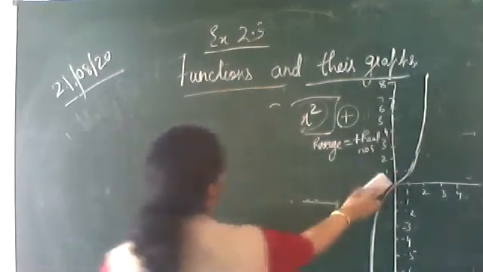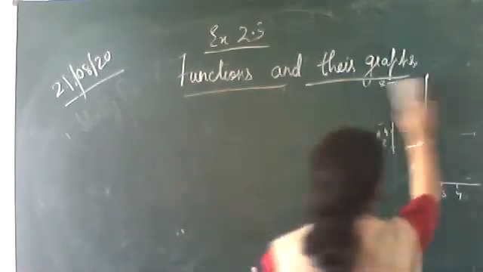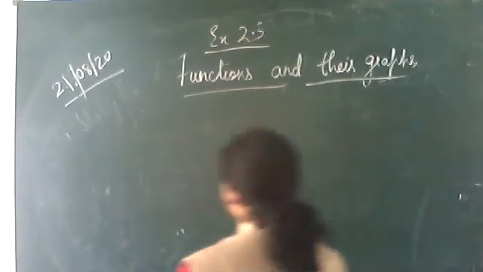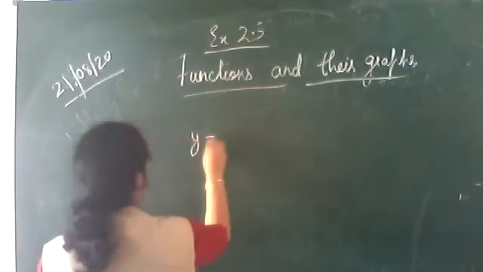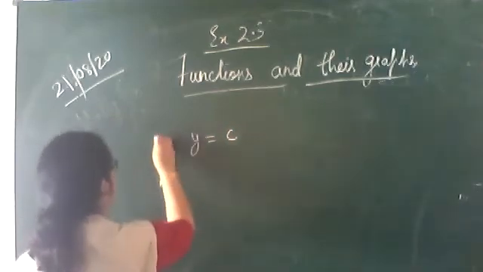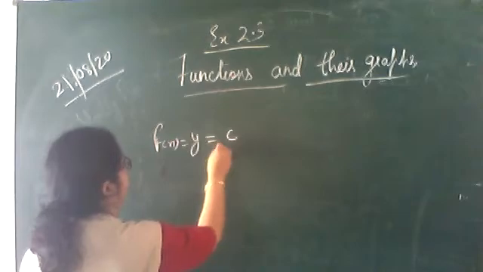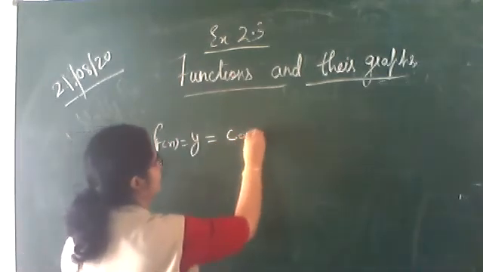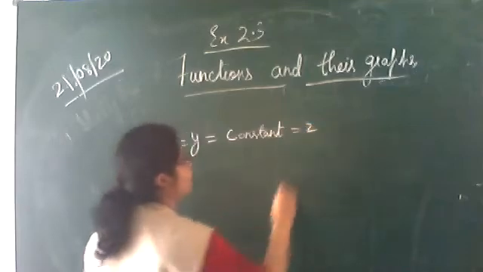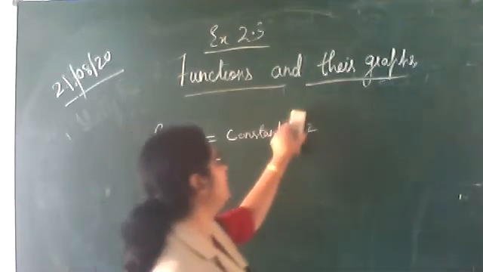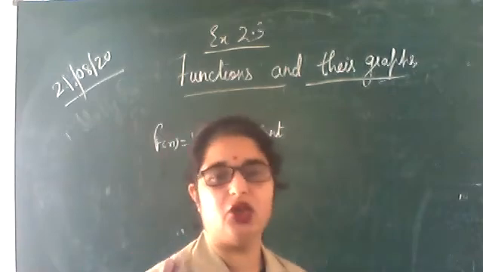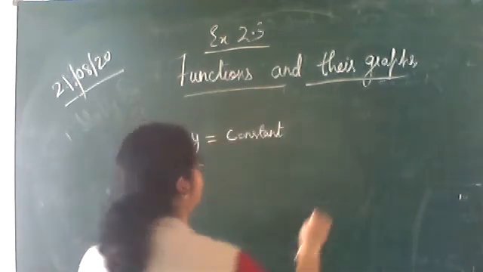Okay. Now come to the constant function. Constant function means y is equal to C, that is, f(x) is equal to C, where C is some constant value. Constant means 2, 3, 4, 5, any value it can take. Constant means for every value of y, you are getting the value of x as the same. This you have done in class.